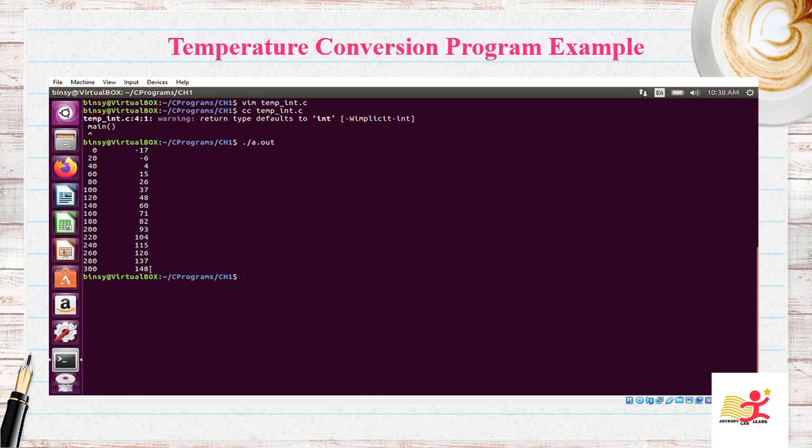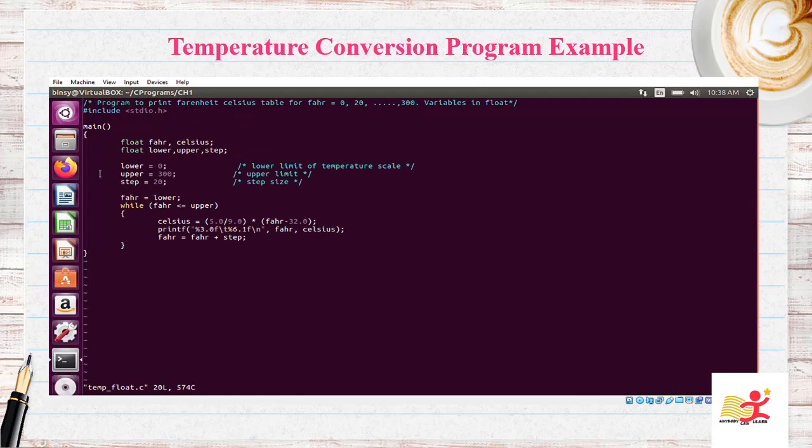These are all integers, and as we have told, we have to change the integer variables to float. So next we'll have a look at how the float variables are going to make a difference in the values printed. So here you can see float. These are all float, and here also 5.0 by 9.0. So here float division happens, and the formula is also slightly changed, and here the format specifier is %3.0f and here %6.1f.